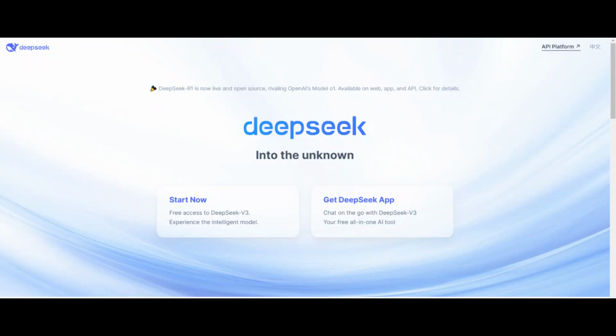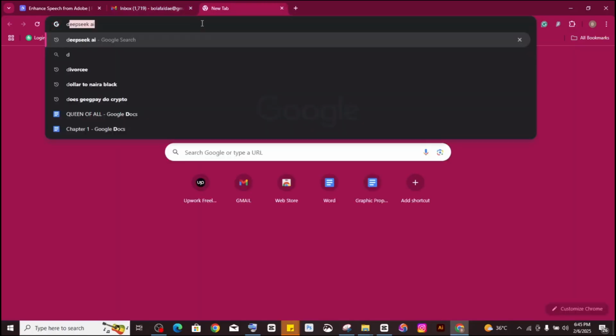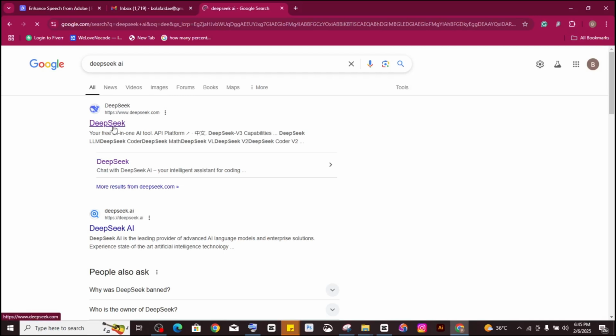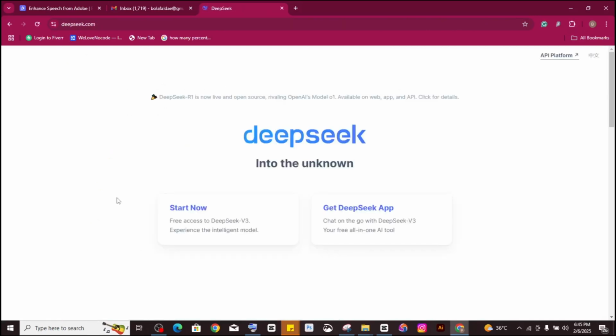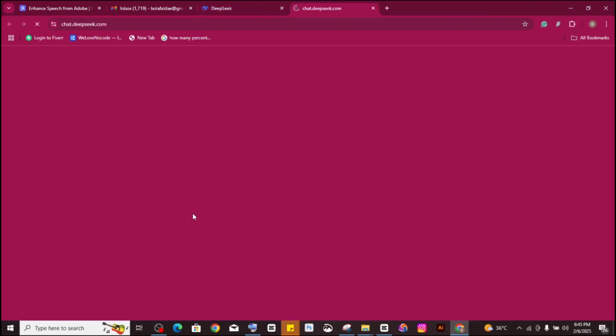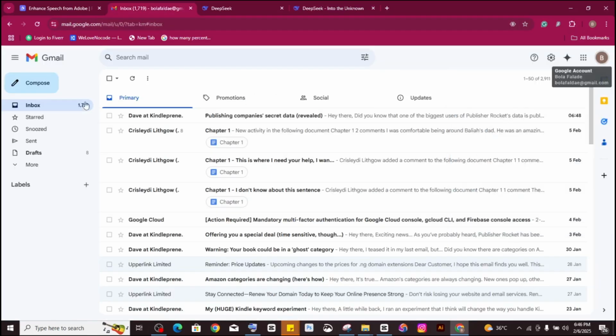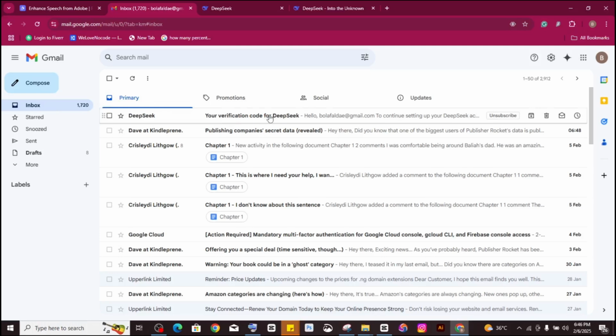Okay, let's now sign up for DeepSeek. Go to your browser, search for DeepSeek, and you will see DeepSeek.ai. Click on it, put in your information as required, your Gmail. Make sure you put in your correct Gmail because a code will be sent to your Gmail, which you would have to input before you gain access to it. Now, click on send code, check your mail for the code and paste the code,